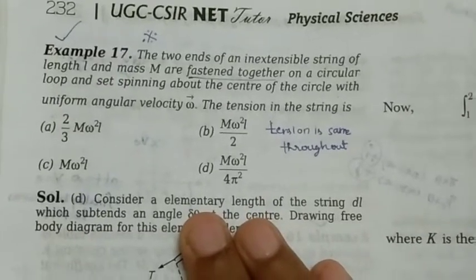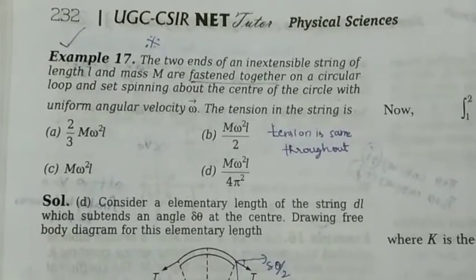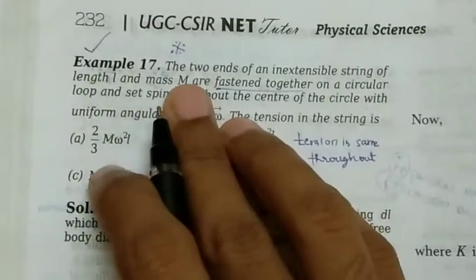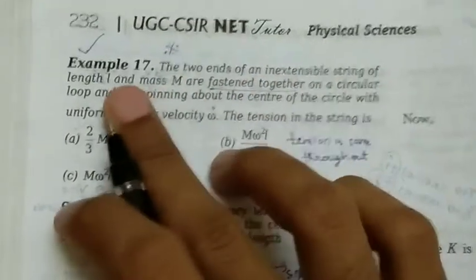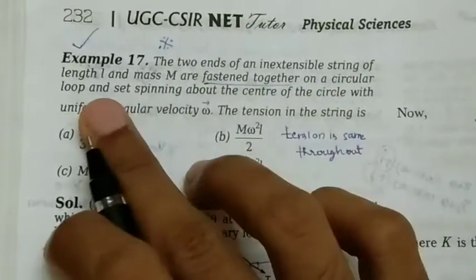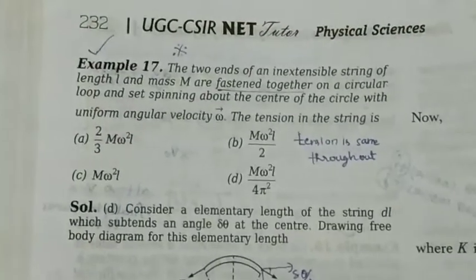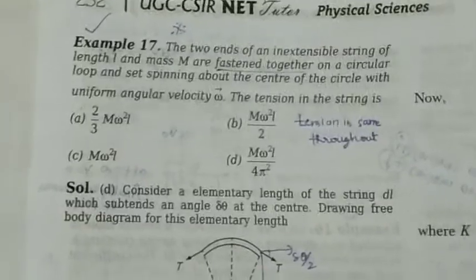So let's discuss the next problem in classical mechanics. Here is the problem. The two ends of an inextensible string of length L and mass m are fastened together on a circular loop and set spinning about the center of the circle with uniform angular velocity omega. The tension in the string is